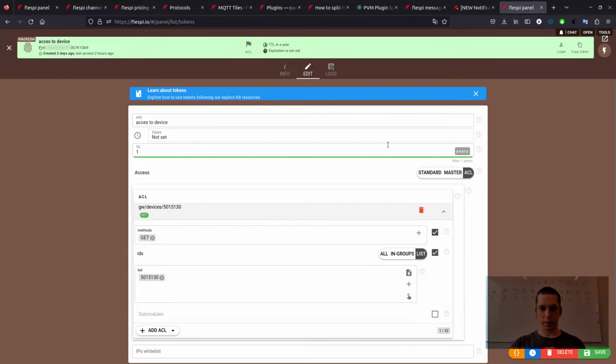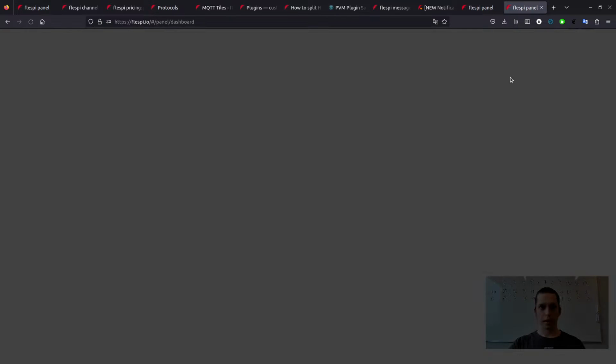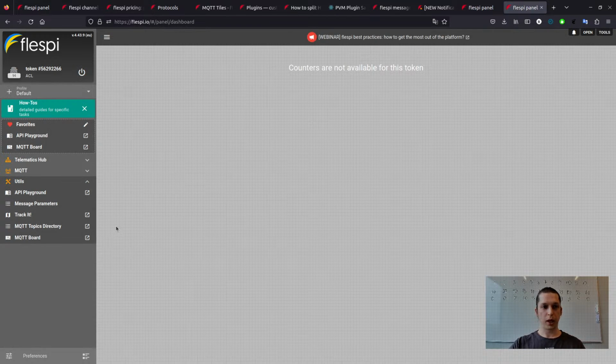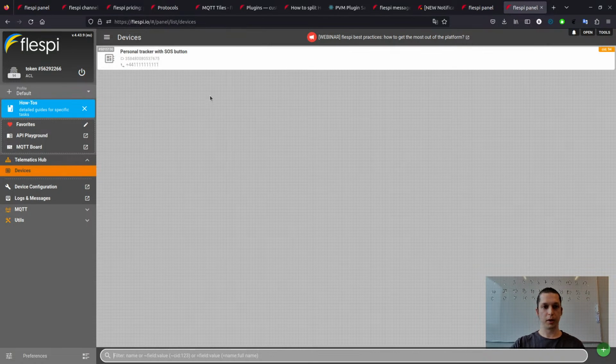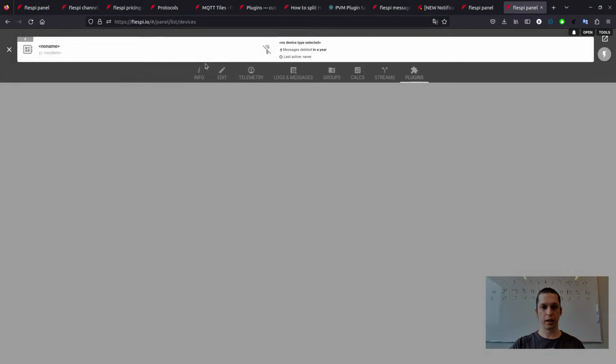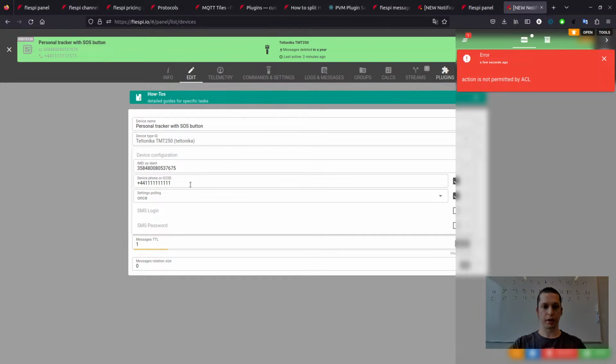And by using this token, here is the same link, if we log into the panel in this way, we will not see any channels, any streams. There will be only access to one certain device. And even if your contractor tries to change something, this action will not be permitted by the ACL. So it's read-only access.